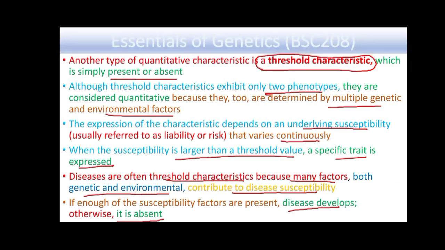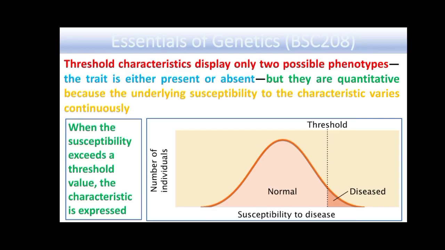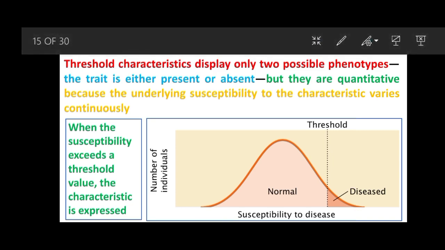So this is the second type of quantitative trait, and we can see in this plot that when a specific threshold is not achieved, a person will remain normal, and when that threshold has been crossed, then the individual will be diseased and the person will have the disease. So there are different numbers of individuals,